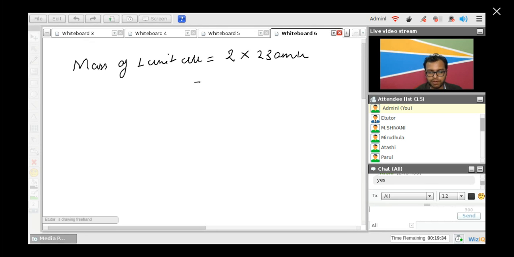This is the mass of one unit cell, and 23 mu can be written as 23 multiplied by 1.66 into 10 to the power minus 24 gram, right? So I have converted the amu into gram, and then you can calculate the number of unit cells